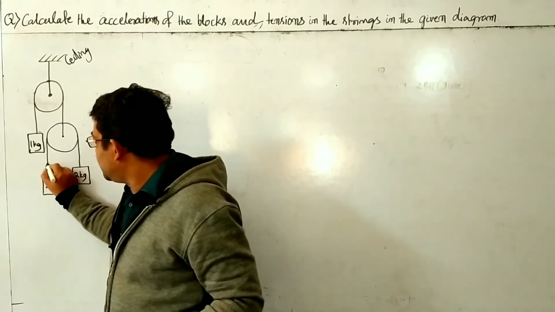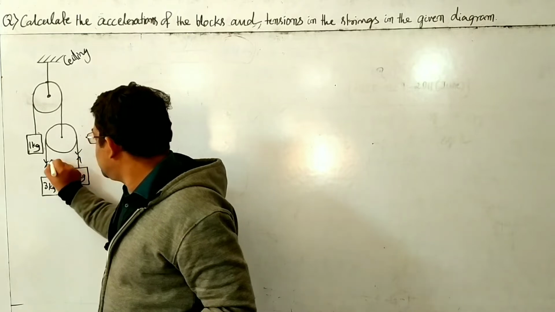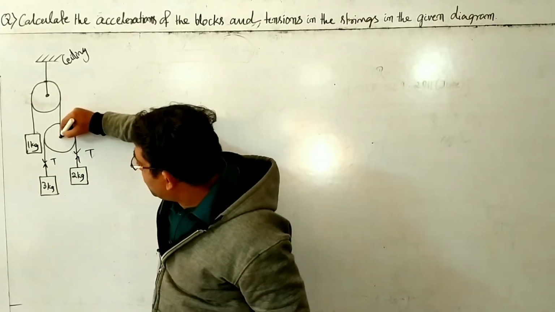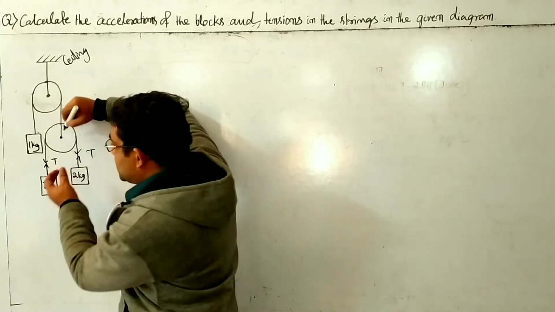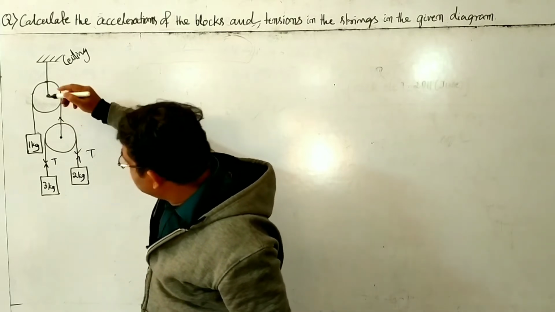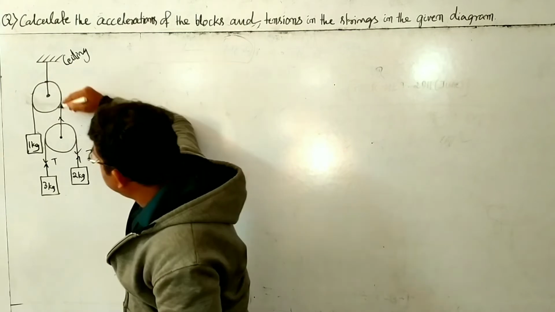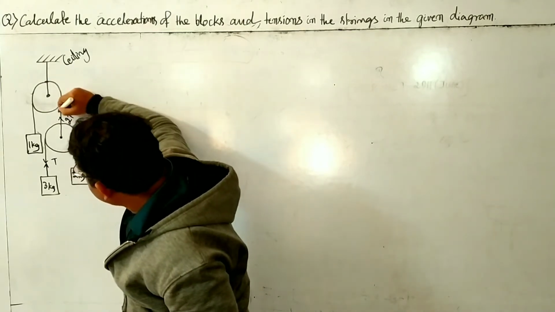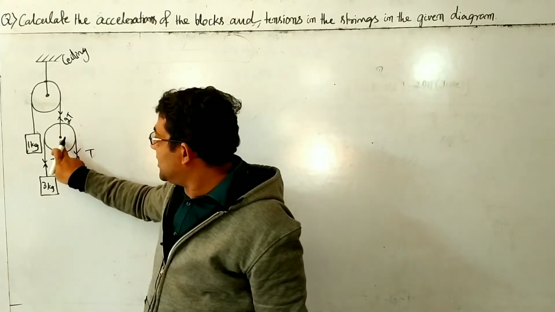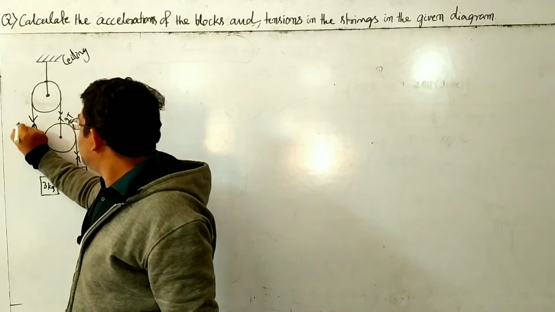See, here in this string, let us say the tension is T. Now from this point, imagine yourself here at this pulley. Since this pulley is massless, total upward force must be equal to total downward force. So T plus T are pulling it, so this must be 2T, right? The tension in this string is 2T, and again from here to here is one string only, that's why tension here also is 2T.